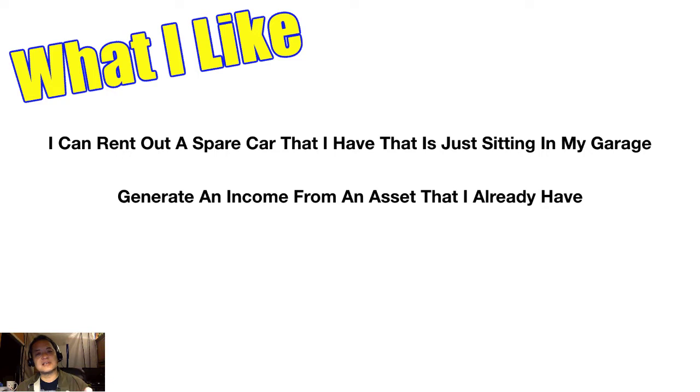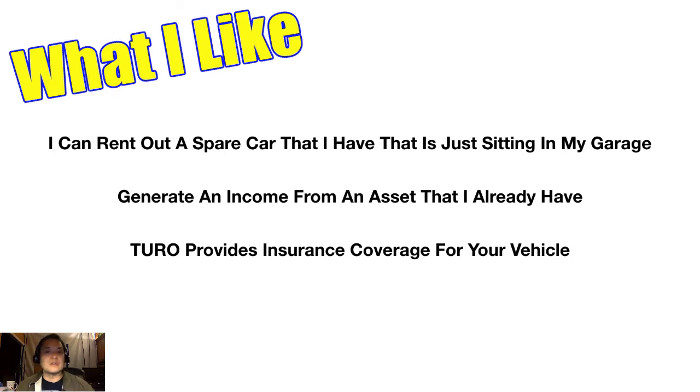One of the first questions I get asked about, why would I do this? Or, what about the insurance? If somebody that you rent the car to wrecks the car or damages the car, what happens? Well, that was one of the first questions I had. Well, it turns out Turo has a mechanism where every car that gets rented, people with extra cars put their car up for rental. Every time that car gets rented during that transaction, Turo provides additional insurance, or they have insurance for that car